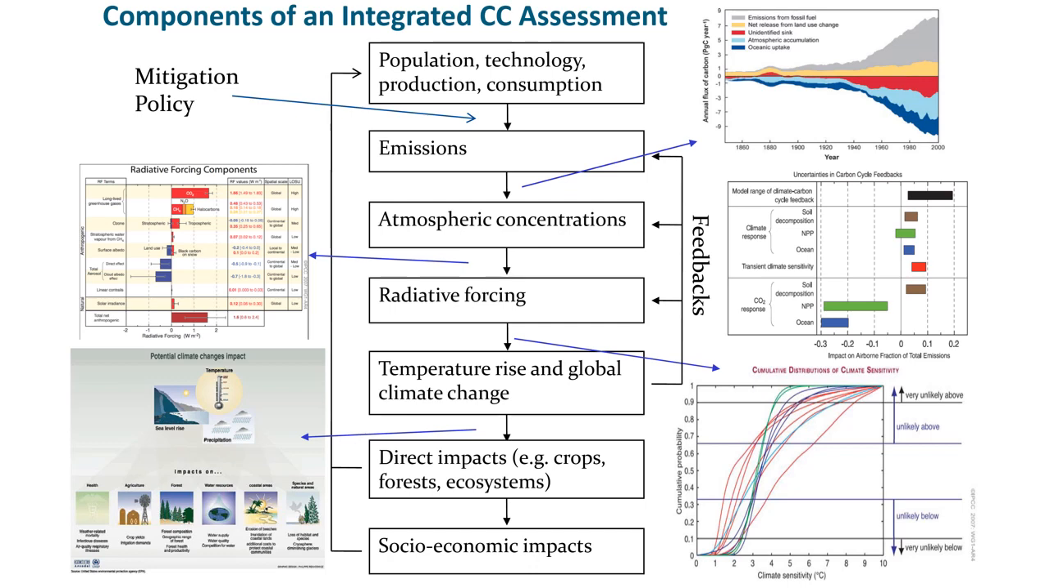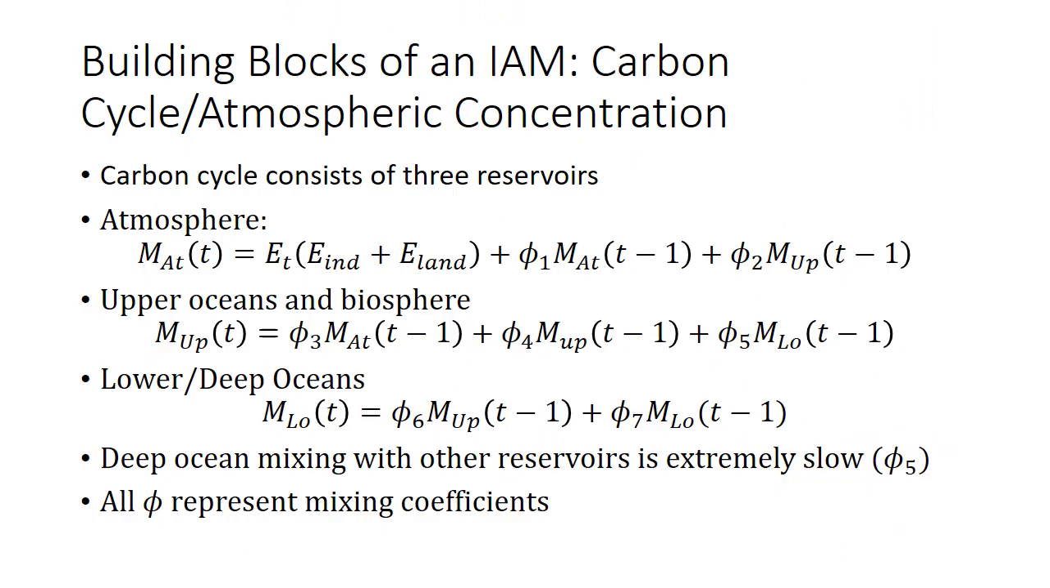How about atmospheric concentrations? Let's take the emissions and translate those into concentrations. So here's the carbon cycle in the model. The carbon cycle consists of 3 reservoirs. The atmosphere, MAT, is the atmospheric concentration of carbon in period T. And it's equal to the flow of emissions,